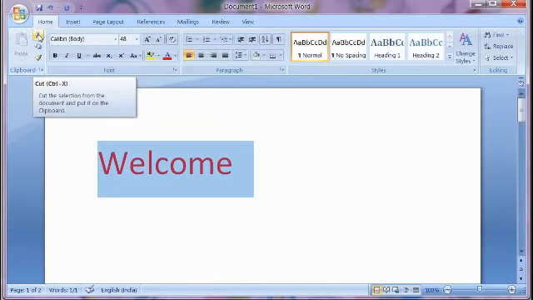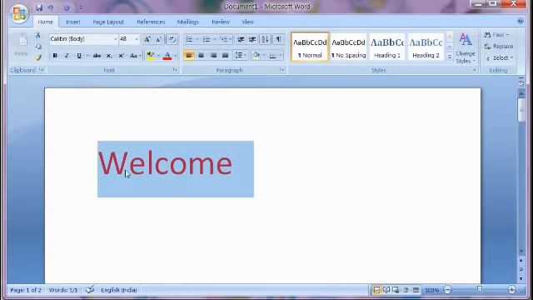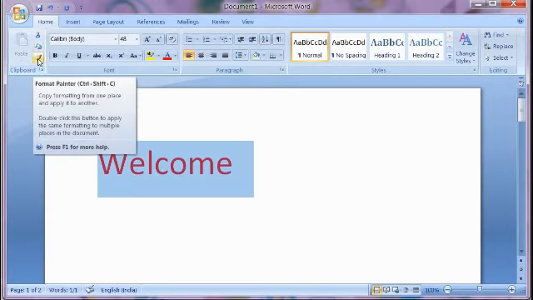Okay, then the cut. If you want to cut, what is the meaning of copy? If you want to see the same word here and there, means we can use copy option. If we don't want in one place, I want to bring the same word in another place, means with the help of cut option it will be happened. Okay, paste, same. If we copy the word or paragraph or sentence, whatever it is, then where we want to paste the same word or paragraph, with the help of paste option we can use this.